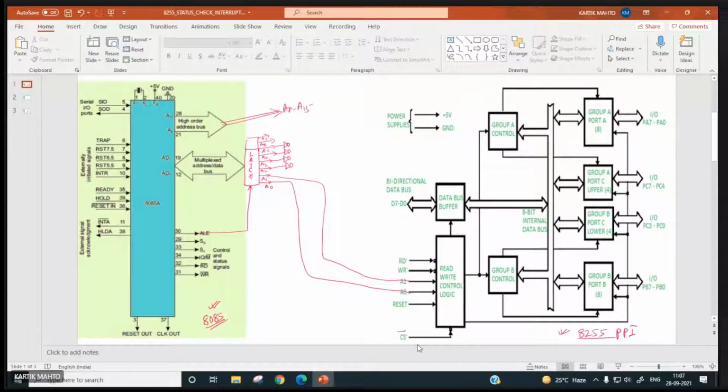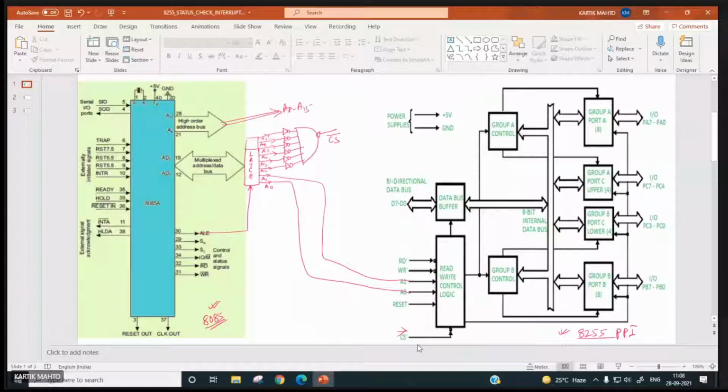All are inverted and then given to a NAND gate like this. And then it is connected to chip select bar, this one over here.